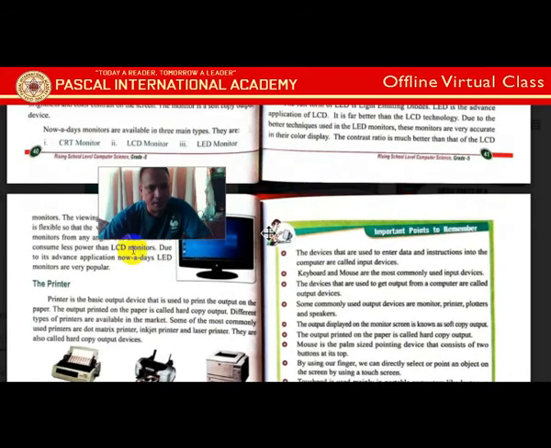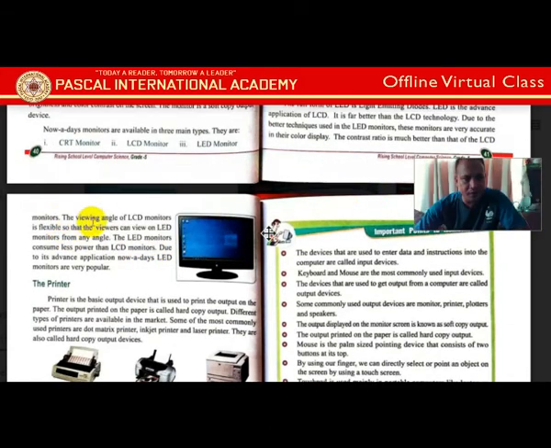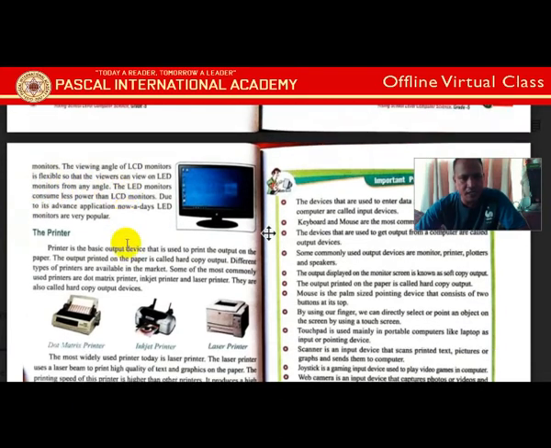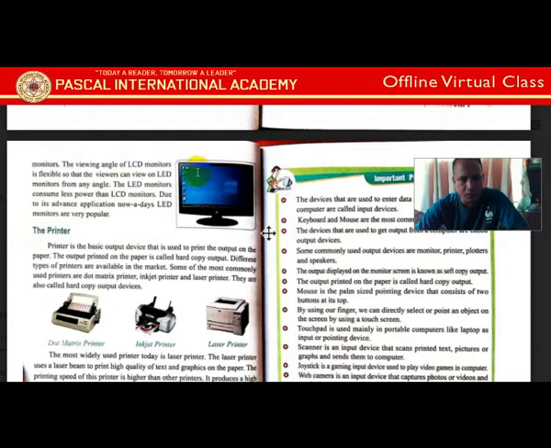The viewing angle of the LED monitors is flexible, so that viewers can view the LED monitors from any angle. So the difference is, in LED, if you are watching a movie or anything from the side, you will see clearly. Okay, but in LCD, if you go to the side, it will go black. That is the good advantage of the LED monitors.